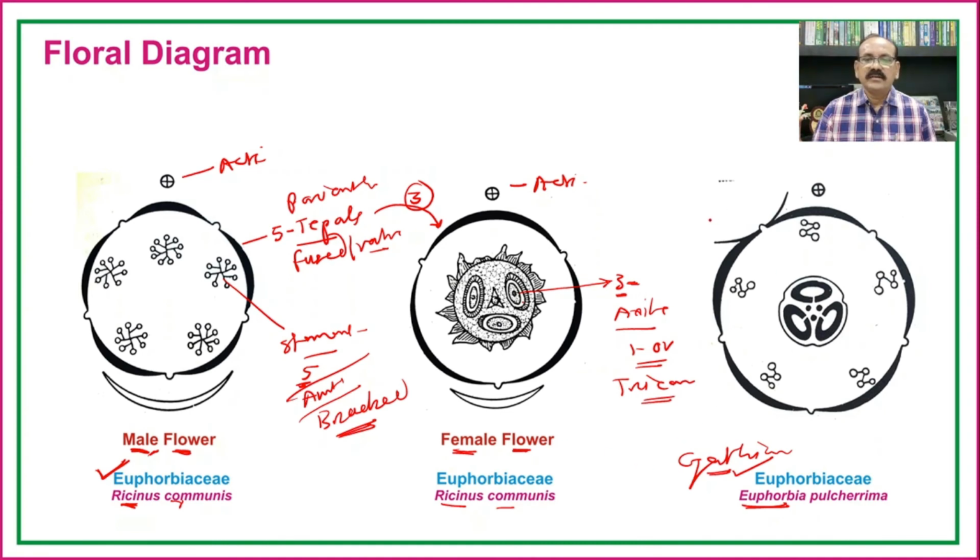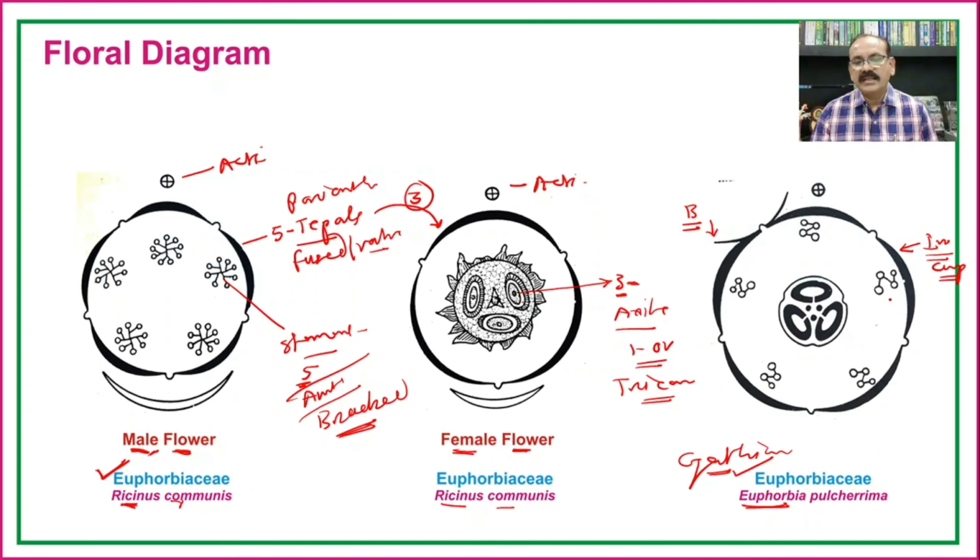So here there is a presence of the bract to the cyathium or the involucre. This is actually the involucre, the cup-like structure which is formed in the cyathium inflorescence, and this is the bract which is present at the base of this involucre. It is made up of 5 petal-like structures, but it is not the petal.